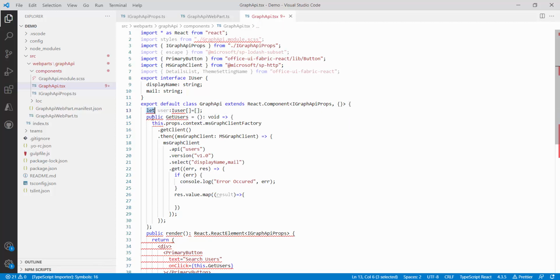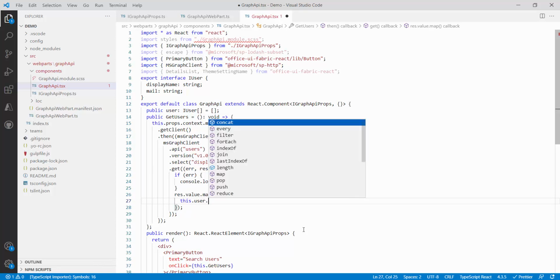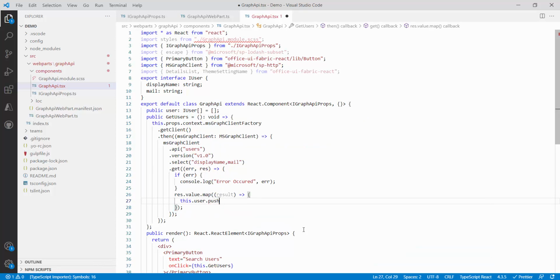This is done. Okay, let me declare it at the top, and I will declare it as public. It is saying user. Okay, I think U is capital. This is also done. So now I have the users. Okay, now I will say user dot push all the values inside this particular array. Okay, and it has to push two things.